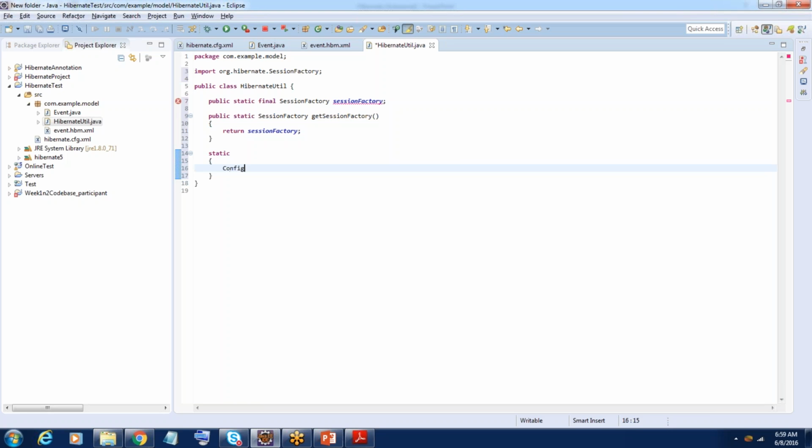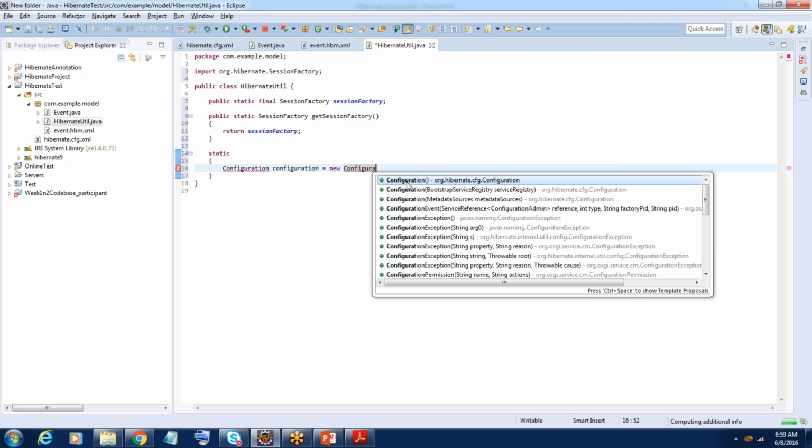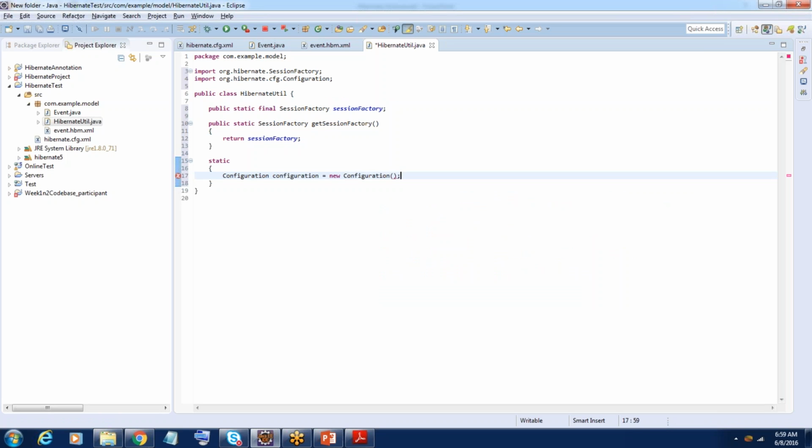So first, as we said, you require a configuration equal to new Configuration. So over here you will create a configuration. So once you have created this, then